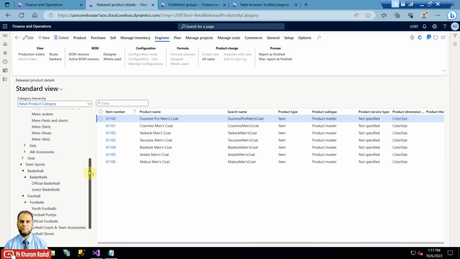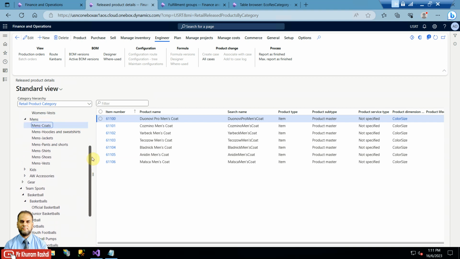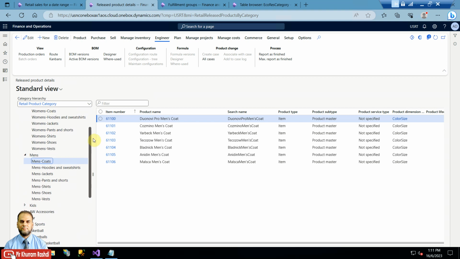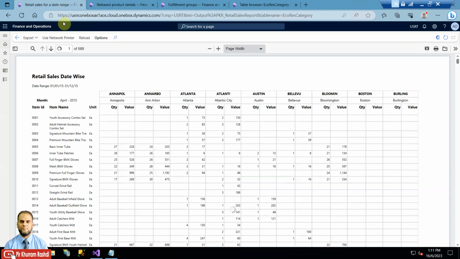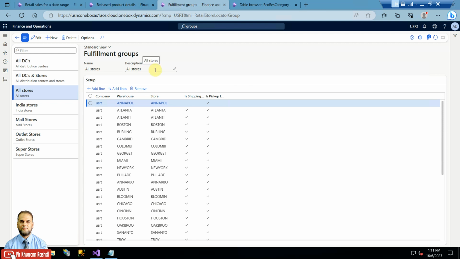So in this we will additionally add the categories and their subcategories, so that it's easy for us to see in the report that not only the item but also subcategory and category alongside the item names we will have. And additionally there is also a fulfillment group where you can have each store assigned to a special